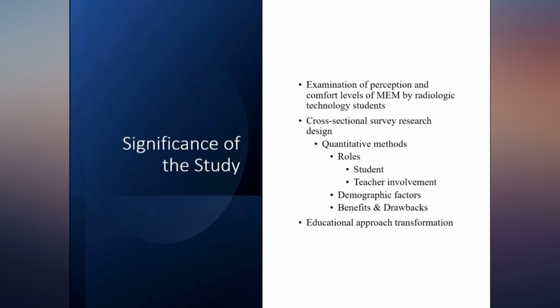So this quantitative research study was part of a larger research study for a dissertation which sought to examine the perception and comfort levels of radiologic technology students participating in medical educational modeling as part of their educational programs in Joint Review Committee on Education and Radiologic Technology accredited Bachelor of Science Radiography programs in the United States. Using a cross-sectional survey research design with quantitative methods, I wanted to study the students' comfort levels with the various